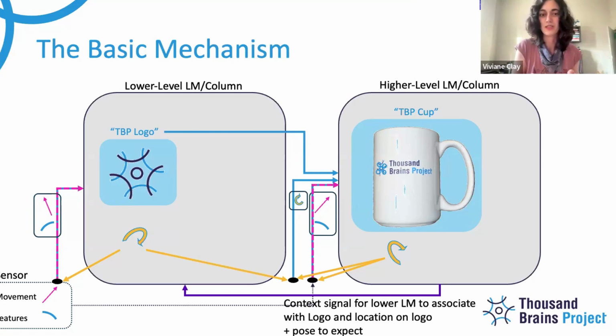But basically, how we think this happens in the neocortex is that the learning module that recognized the TBP cup, or column, can send a feedback signal, which is kind of like a context signal for the lower learning module. This one can then associate it with the logo, the location on that logo, and the pose to expect the logo at. So basically,